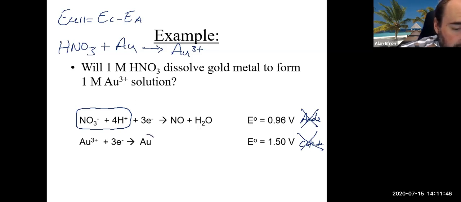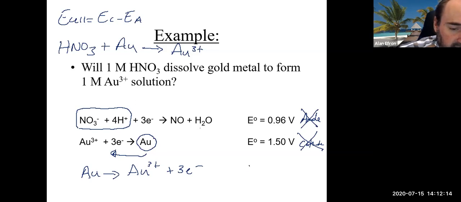But at the bottom, the gold is on the right-hand side, which is where we do not need it. Because of the reaction we're actually doing, we need to reverse the bottom reaction, and when we reverse it we get the reaction we're looking for, which is nitric acid plus solid gold forming